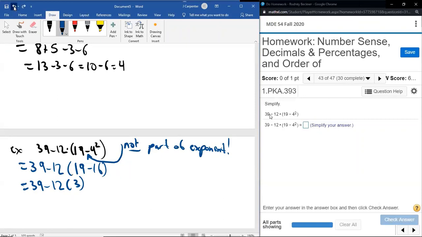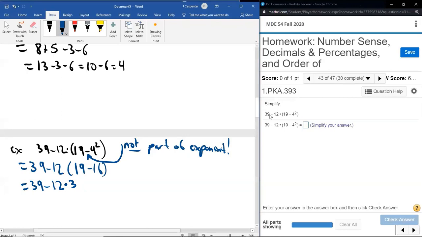Otherwise, it just looks bad. Let me show you what I mean. So if it was 12 times negative 3, that just doesn't look good. So since it's positive though, it's perfectly fine to eliminate the parentheses and do it this way. So I've given you 2 different ways you could have written this. If it was a negative number, I'd say the parentheses way would be critical to do.